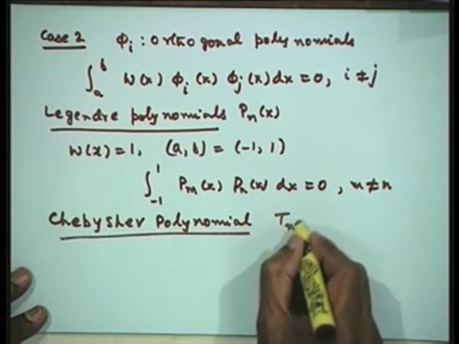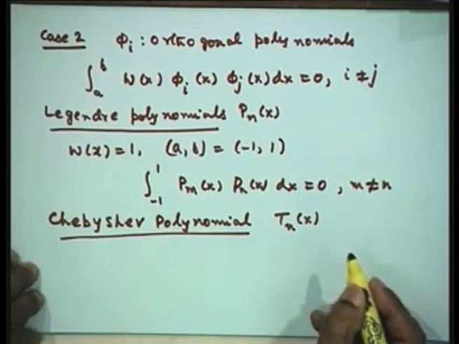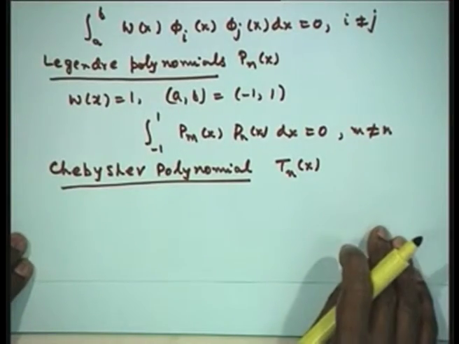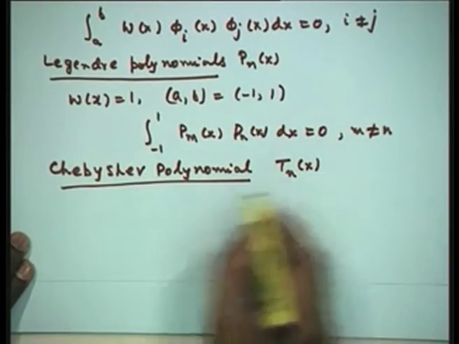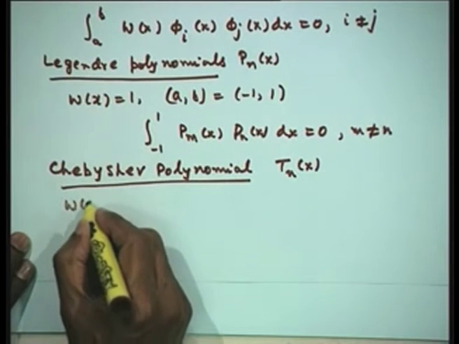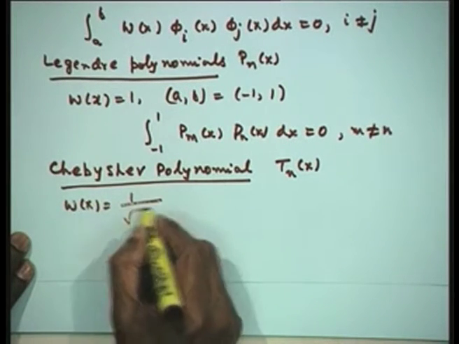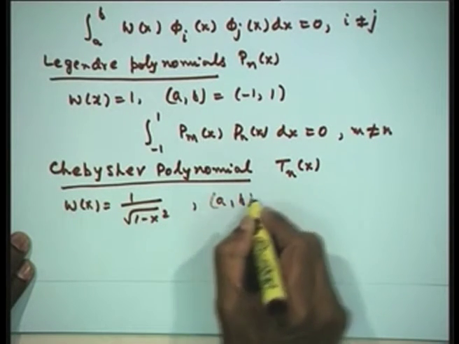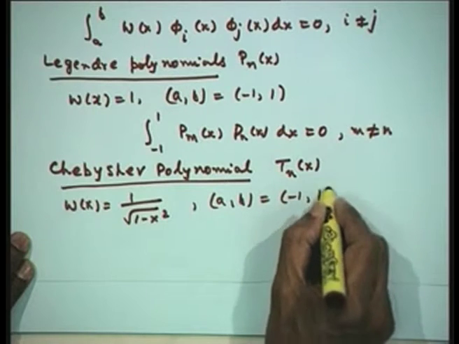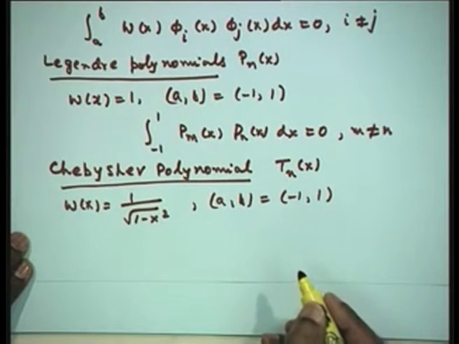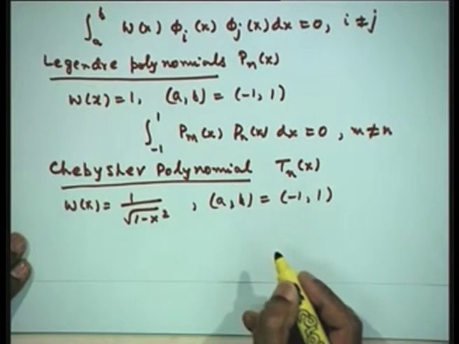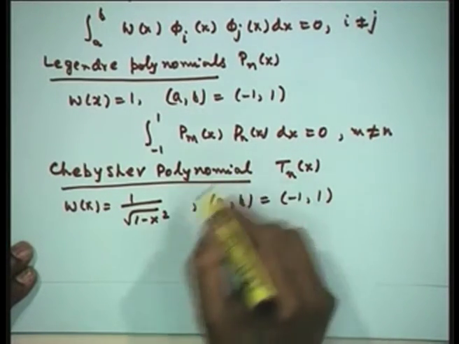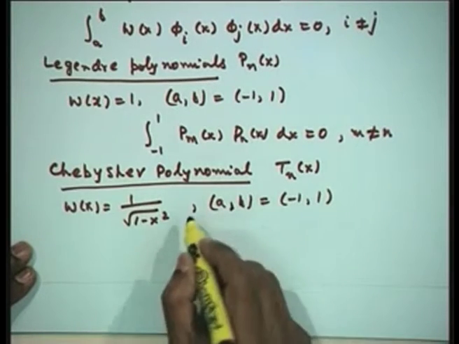That is, it is denoted by T n x. In this case, the weight function for the Chebyshev polynomial is 1 upon under root 1 minus x square. The interval a b is equal to minus 1 to 1. Now, we are going to define the Legendre and Chebyshev polynomials in the next lecture, because